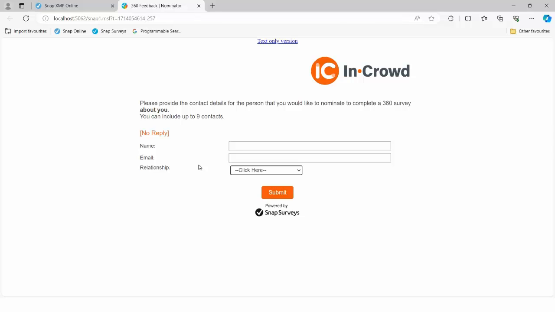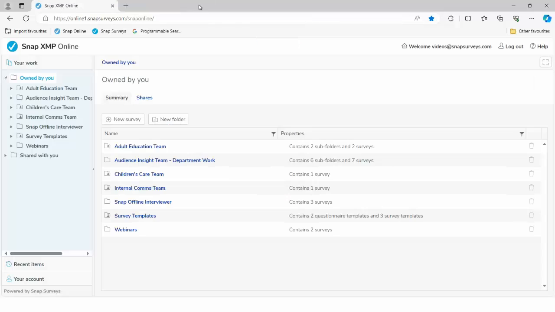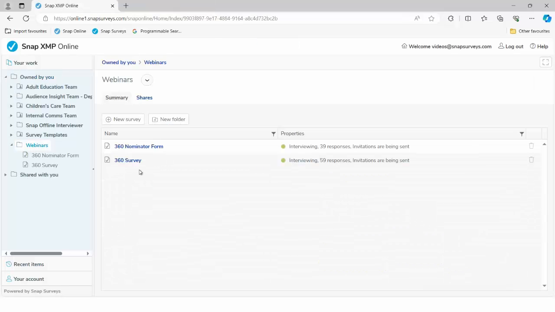Okay, so that's my two surveys set up in desktop. Let's now have a look at the surveys and how they're set up in Snap Online. So I've got my nominator form and my survey. If we look at the nominator form,